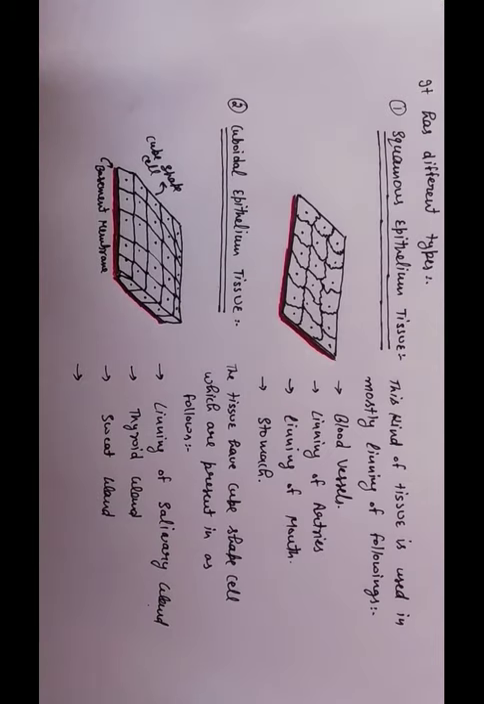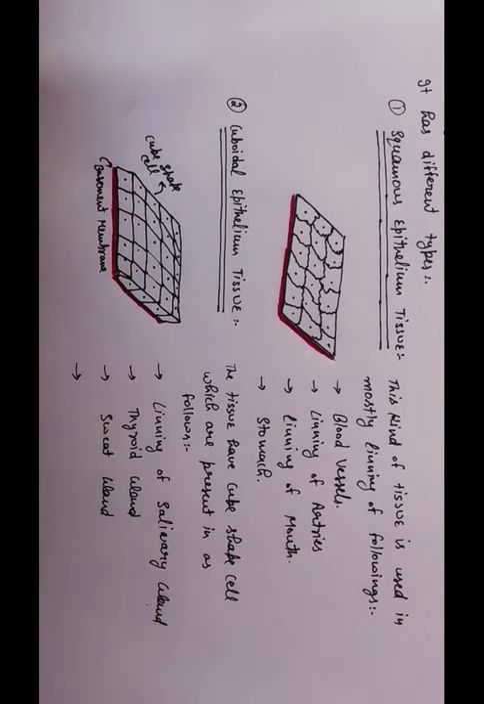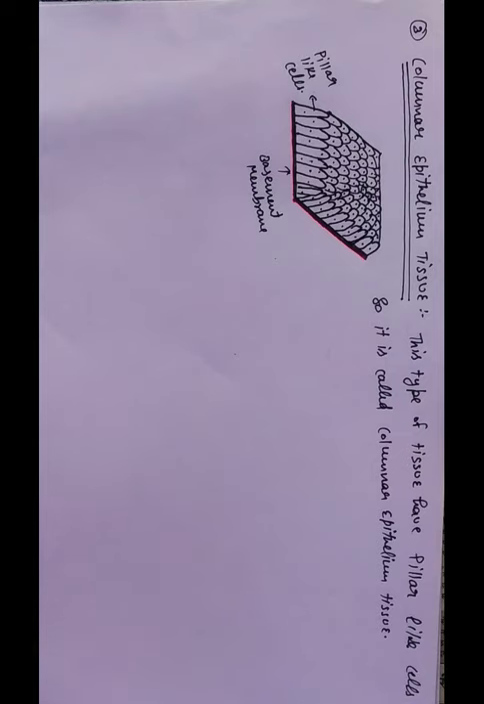So the next type of tissue is columnar epithelium tissue. This type of tissue has pillar-like cells. So we can say this kind of tissue has column-shaped cells. That's why it is called columnar epithelium tissue. It is present in the lining of following organs. These are